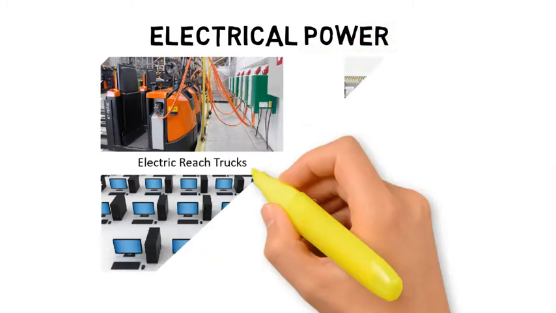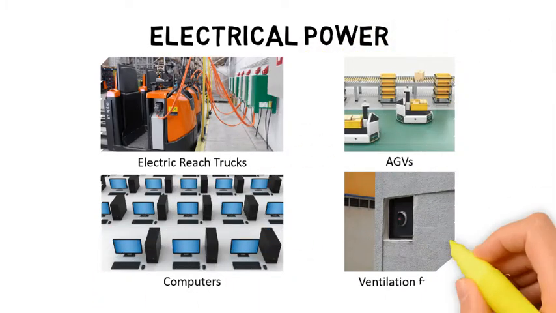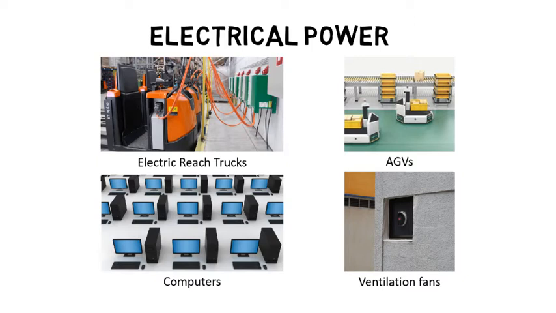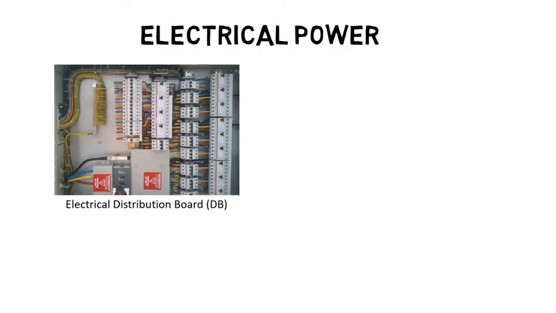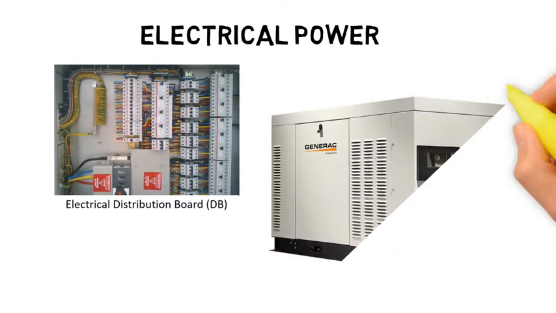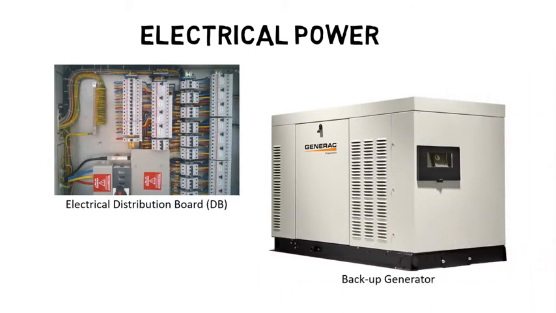A stable electric power grid supplying constant electric power to a warehouse is a basic requirement that cannot be taken for granted, especially in developing countries. Almost all parts of the warehouse require electricity to function, ranging from reach trucks to automated guided vehicles to computers and even the ventilation fans in the toilets. Even with a stable electric power grid in the country, a poorly designed power distribution system can cause disruptions to the warehouse operations. In countries where a stable power supply is not assured, it is common for warehouses to have one or more backup generators on site, such that in the event of a power failure, the warehouse can